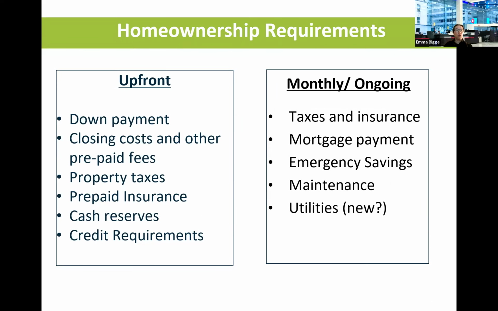And then the homeownership requirements. This is very interesting, especially from a lender's perspective. If you want to get into homeownership, you need to consider upfront cost and ongoing cost. What is upfront cost? Normally we talk about transaction cost. When you purchase the house, you have to have a down payment, which is your personal investment to purchase the house. That's money out of your own pocket, or you can get a down payment assistance program.